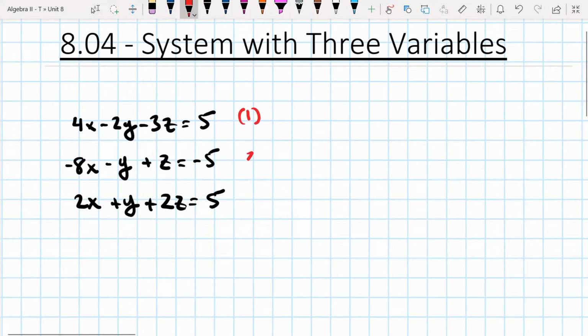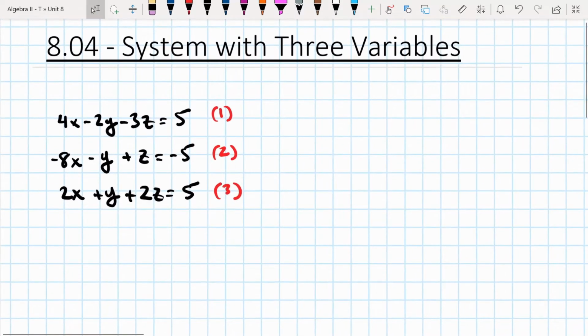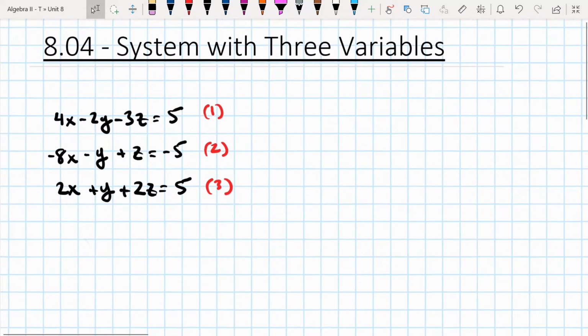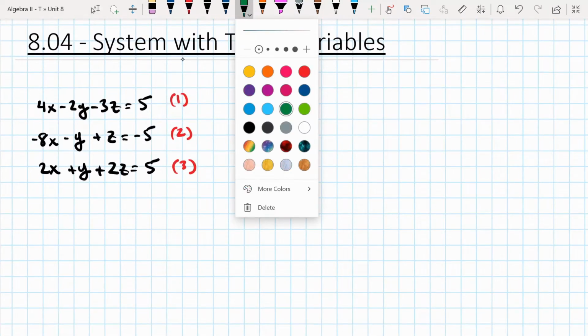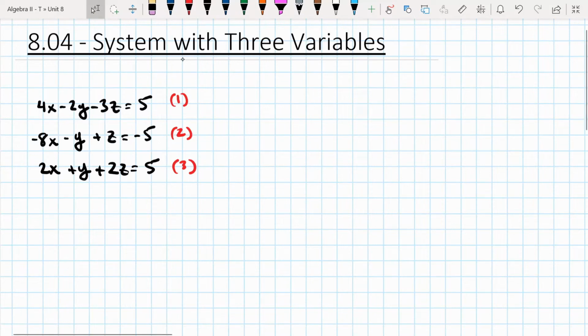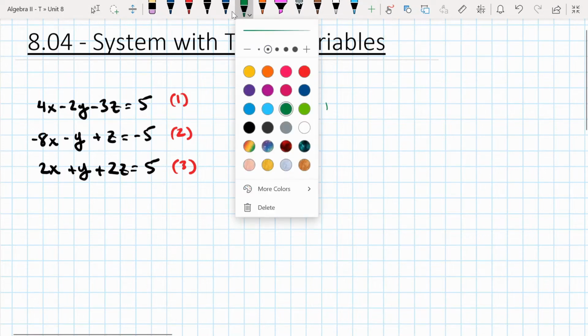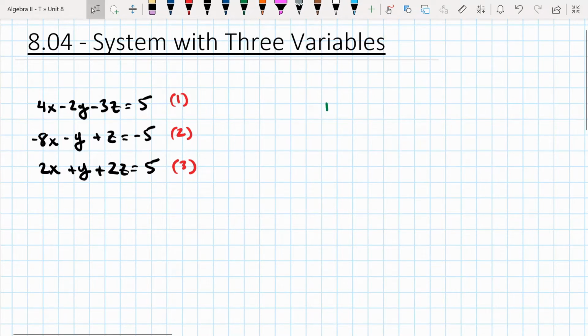Let's denote each of these equations by the numbers 1, 2, and 3. The first one is equation 1 up here, the middle one's equation 2, and the last one's equation 3. Similar to what I did before, I want to write out steps for this process that will hopefully help you if following steps is helpful when we approach these types of math questions. The first thing we're going to do, once we have our system of equations, is take our functions and write